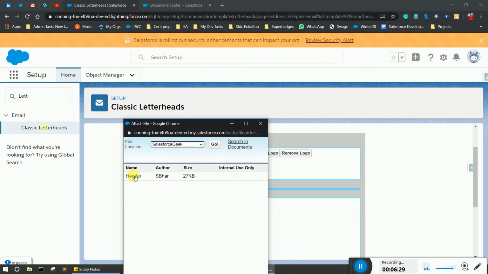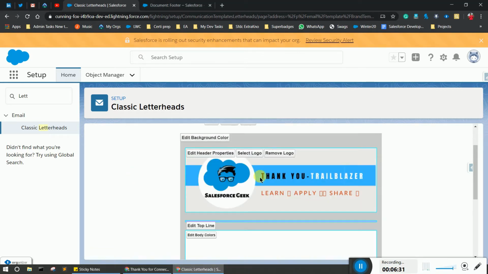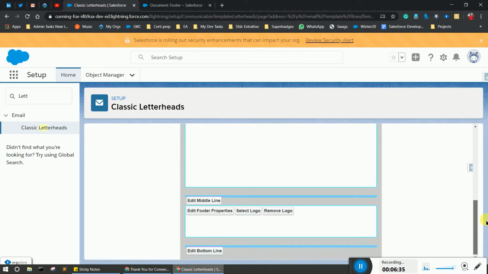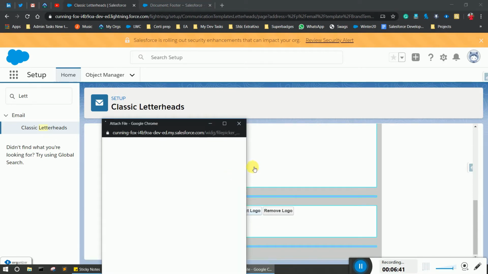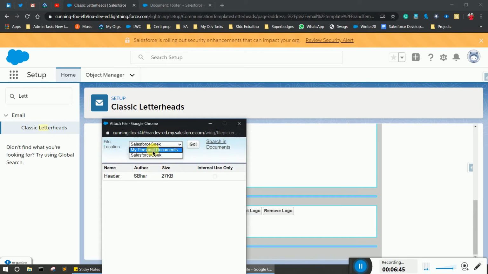The header is in our Salesforce Geek folder, so we select it from there. Now for the footer, simply click on select logo, and select another folder, which is my personal document, because we uploaded the footer in this folder. So simply click on footer.